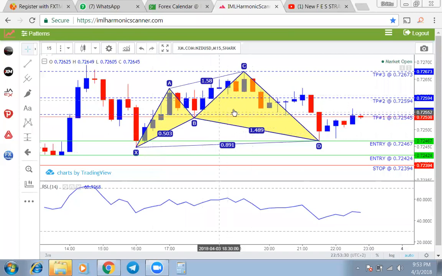But rather than using this to bother myself, I just look at this side of the Harmonic Scanner and tell myself where this trade is going. Now, the pattern that is formed is called a shark pattern. We have several patterns. Let me just quickly rush over that. Now, this side of the page shows,